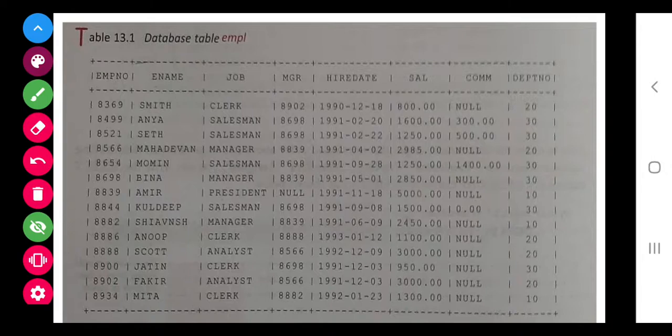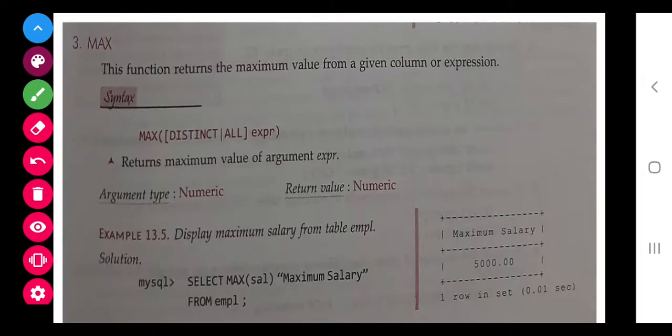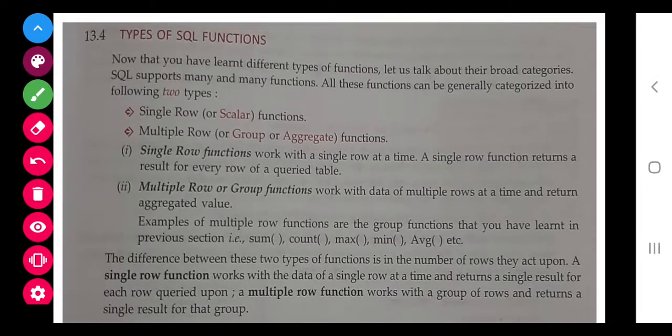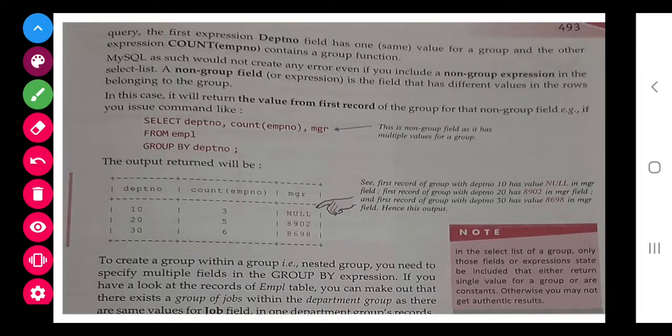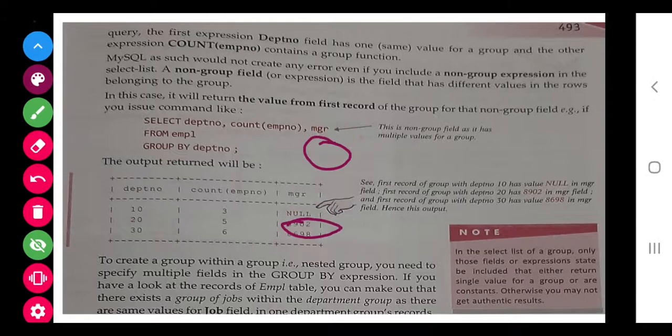You can see that MGR, and null is there for the president. So for department 10 it is showing null. You can see here MGR null, null MGR. So the first record has the null, that's why it is coming null.